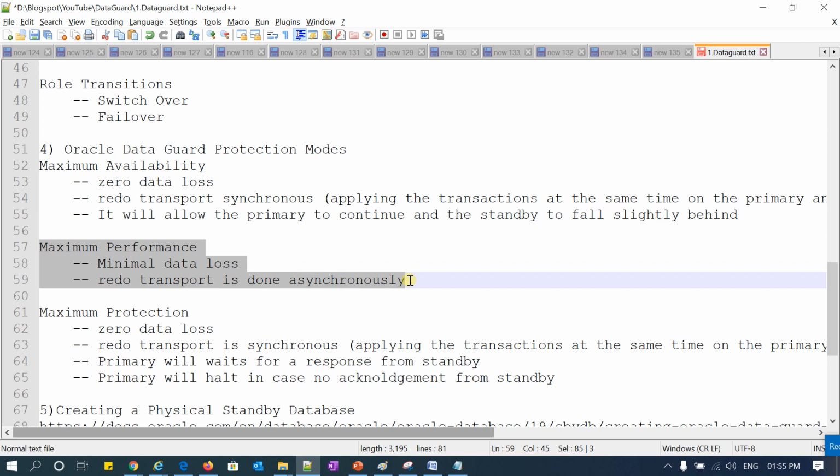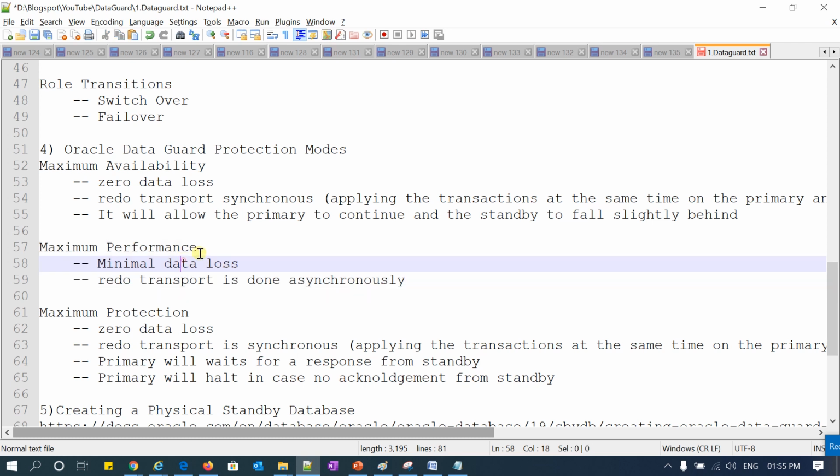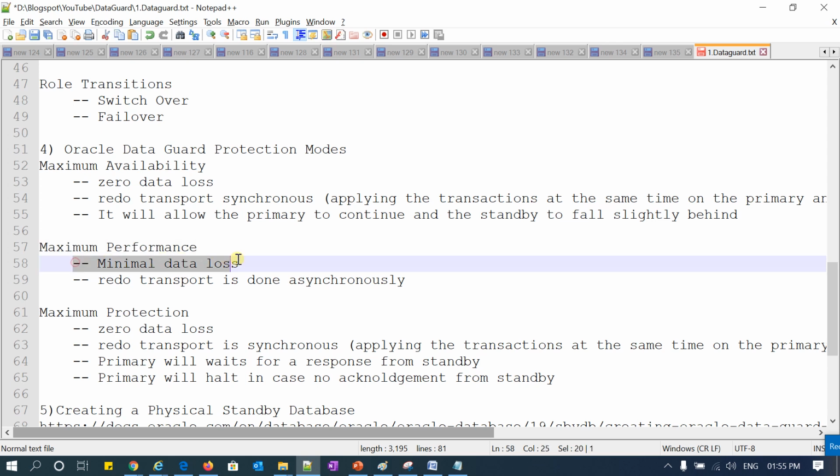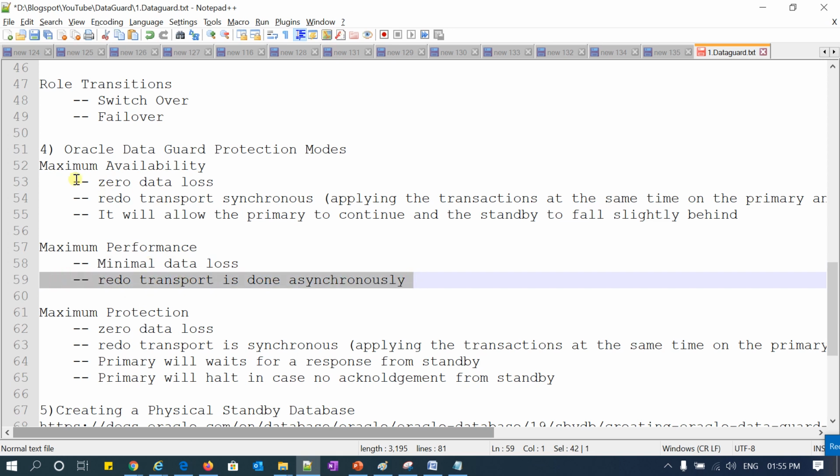I am not worrying about my standby database. Whether standby archive logs are applying or not, I don't bother. I am least bothered about my standby database, but I want maximum performance at my production site. That is why I am not worrying at the standby side. There might be some minimal data loss. Redo transport is done asynchronously. I will cover this point later.